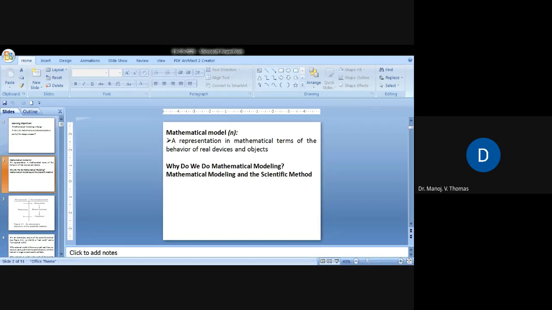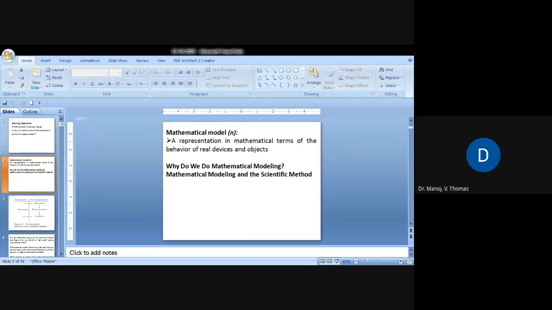Say when we build an aeroplane, what is the maximum speed at which an aeroplane can move? How do we decide? Of course, through mathematical modeling. And what is the design of the aeroplane? What is the shape? What is the size of the wing? Different aeroplanes will have wings of different sizes. How do we decide that?